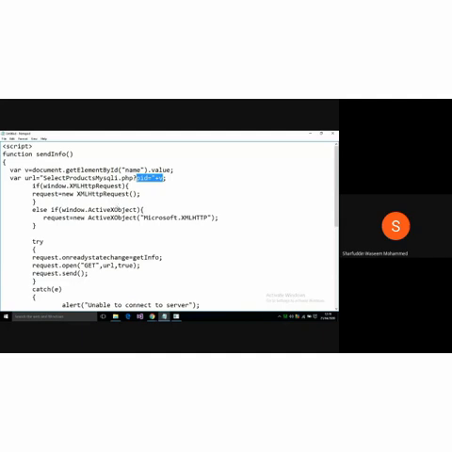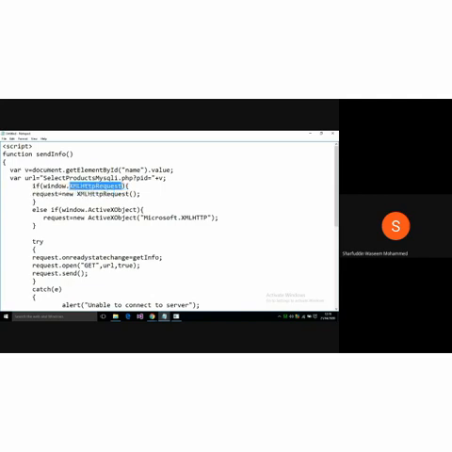Here this is the main logic for this window.XMLHttpRequest, because this Ajax is dependent on XML, hence I need to create an object related to that particular XML request. So XMLHttpRequest is one variable.